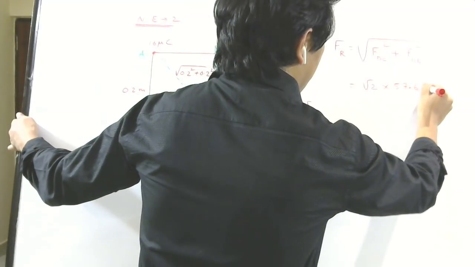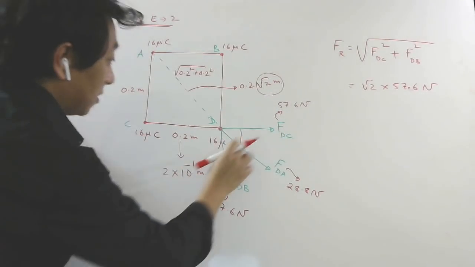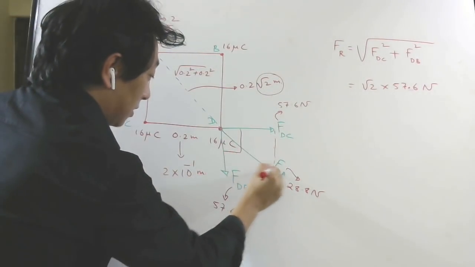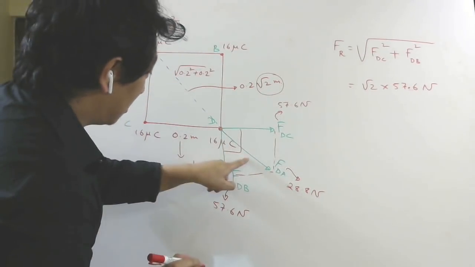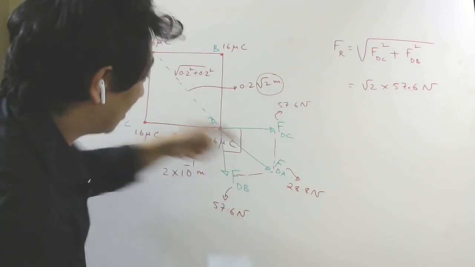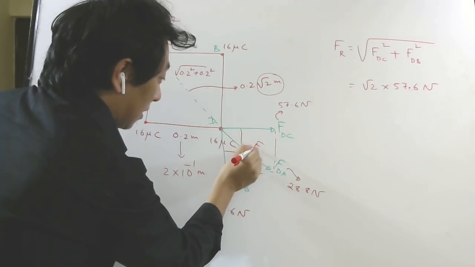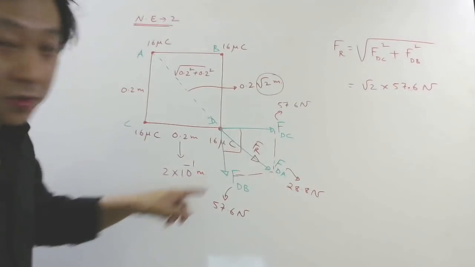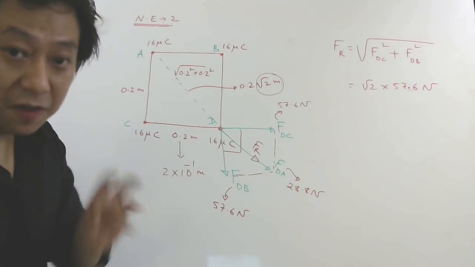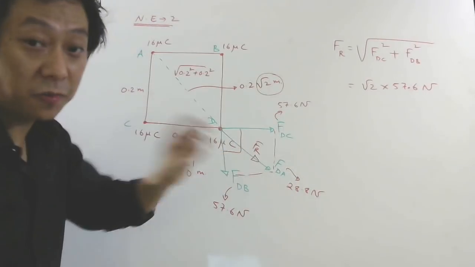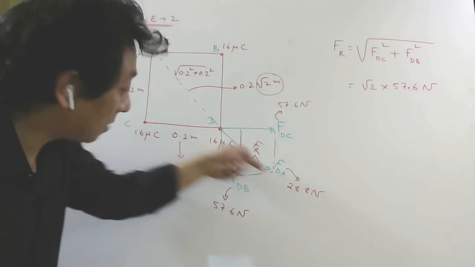57.6 Newton. Okay. Now where will this resultant force be? The resultant of these two will be along this diagonal and it will bisect the angle. And since this is already along the bisector, the resultant of this and this will also be here itself, FR. So this FR is the resultant of this and this. So now I have to add this FR with the third force. Which is the third force? This one, which is in the same direction.